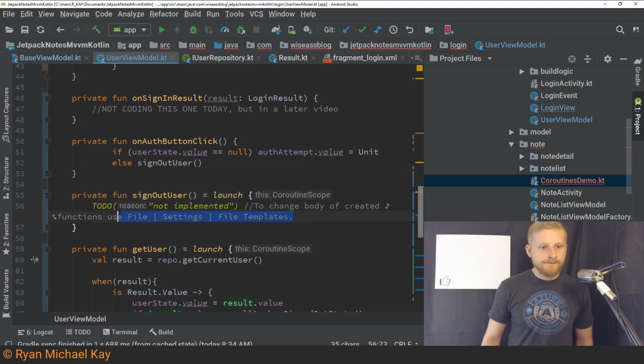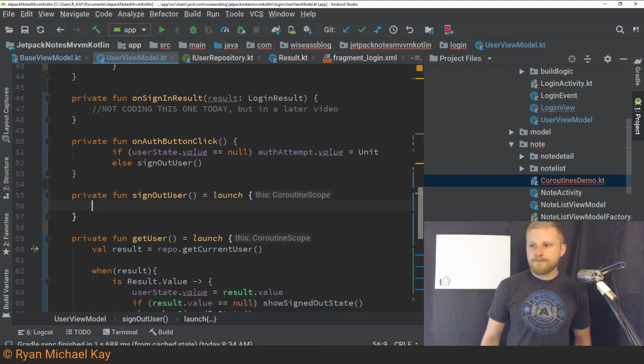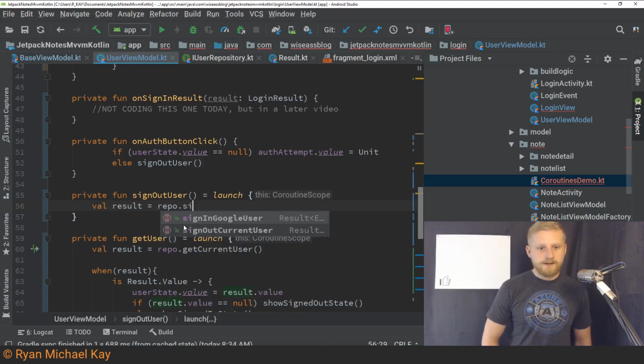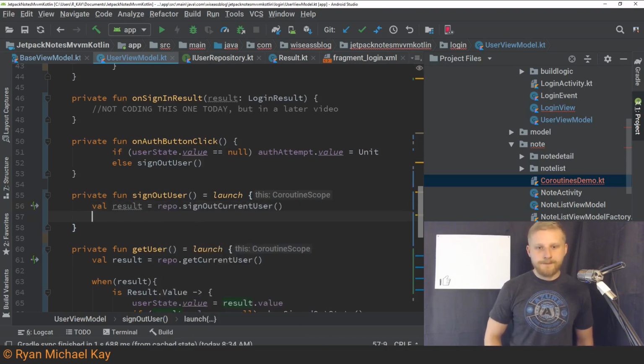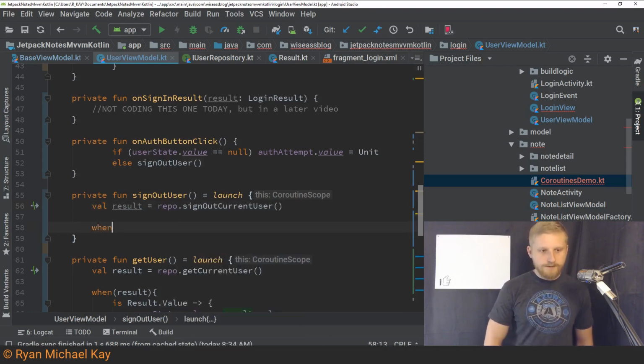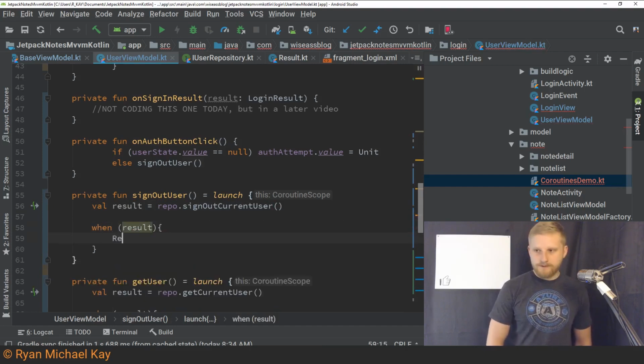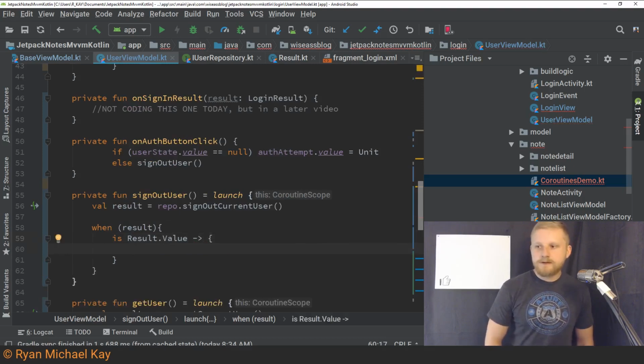Just get rid of that there. What this thing is going to look like is very similar to getUser. We're going to type val result equals repo.signOut(currentUser). And then we're going to use our when matcher. So when result is result.value, do something. In this particular case, what we're going to do is type user